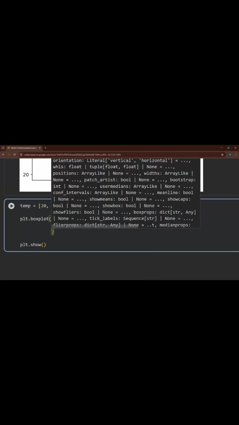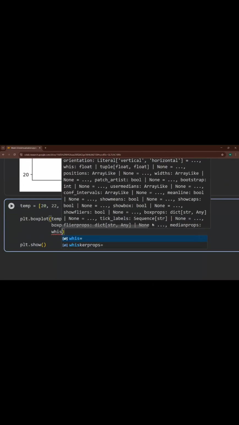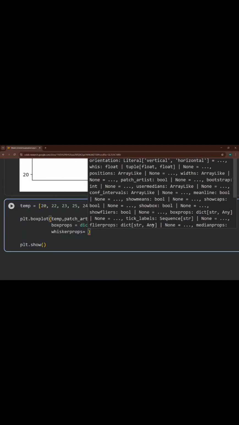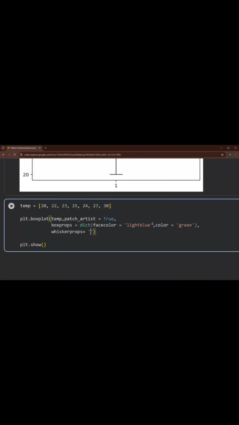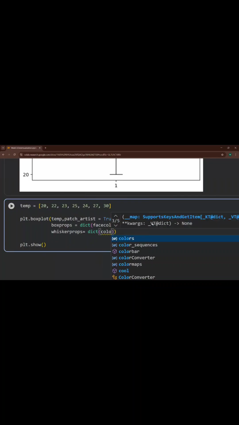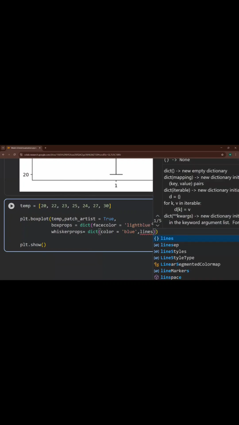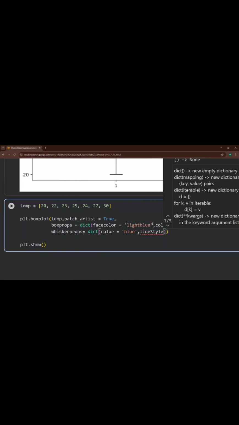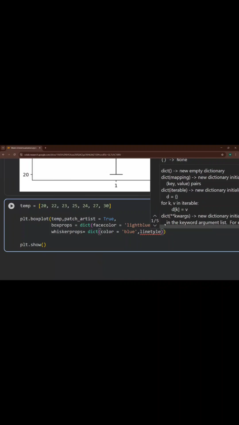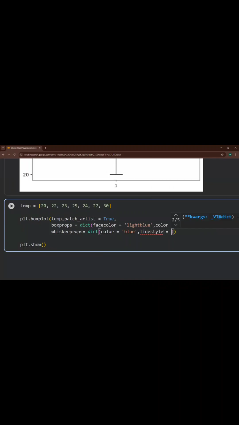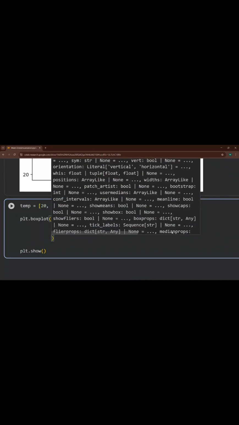After that, we will take the whisker props, how you want them to appear. There again, dictionary, and color and the line style you have to take. Then cap props.